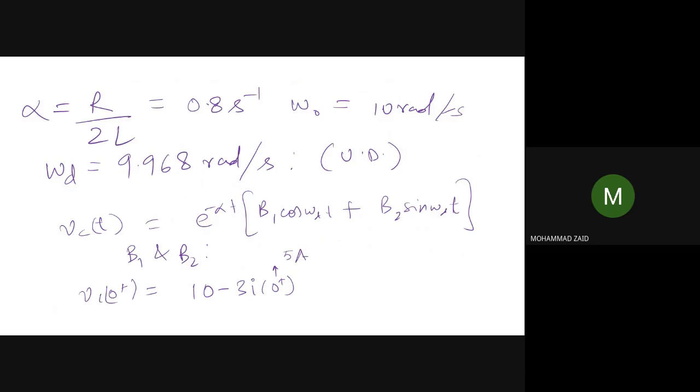For not confusing, we can write down what is the condition at Vc(0-). So here also Vc(0-). This was the current that was flowing in the circuit, that is 5 ampere. So Vc(0-), which is equal to Vc(0+), becomes equal to minus 5 volt. So one condition is there. From here, Vc(0) will be equal to B1. So B1 is now known. You can easily calculate B1.